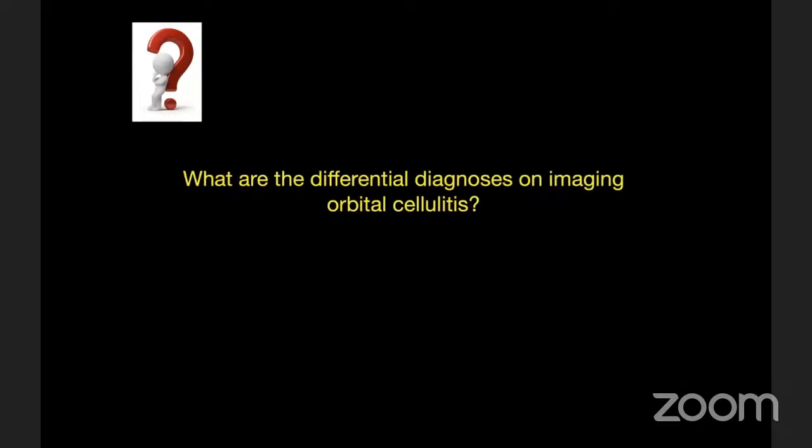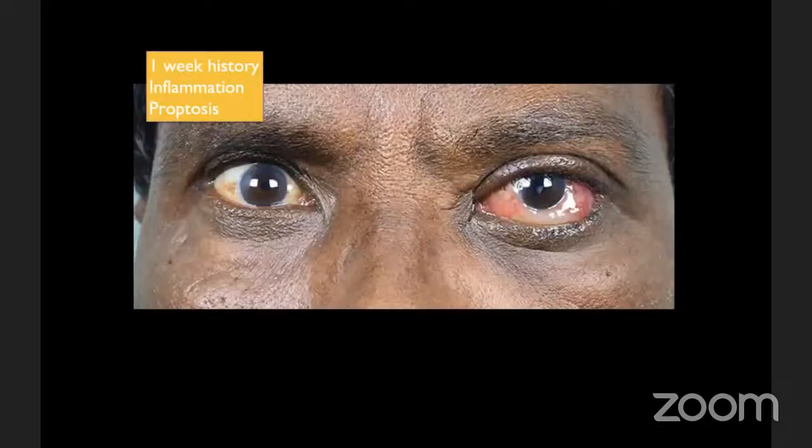So now we know this much, with this background about orbital cellulitis, it is also important to know what the mimickers are, so that you can rule them out and the treatment can be initiated. So this is a case of a 1 week history of inflammation and proptosis. And as you can see, there is a collection of